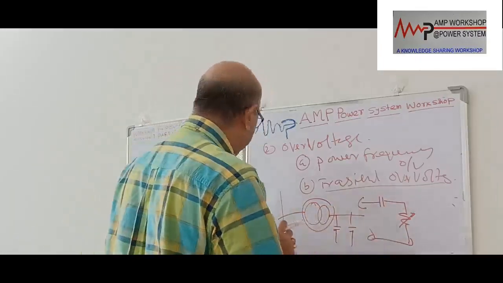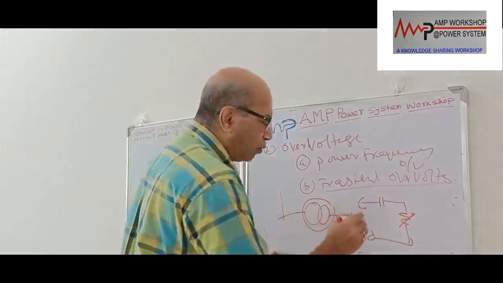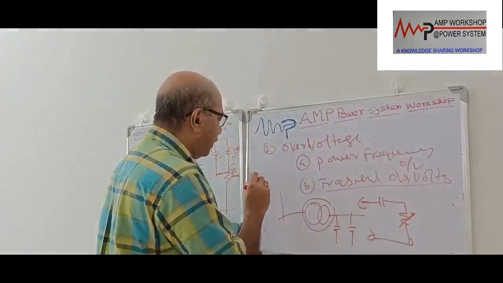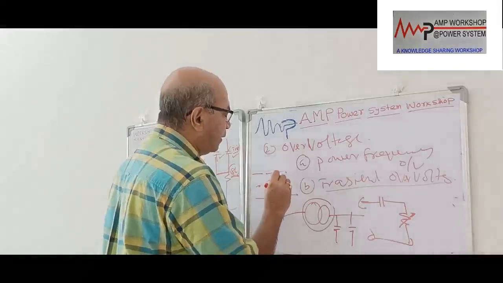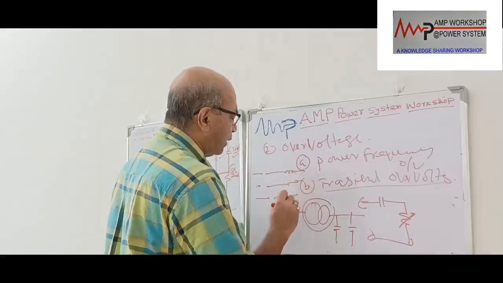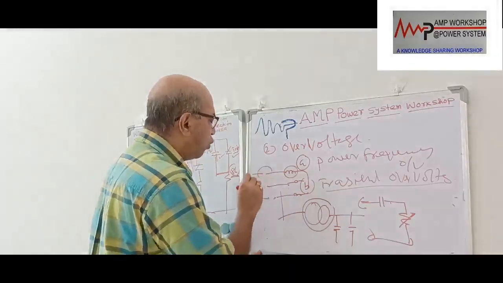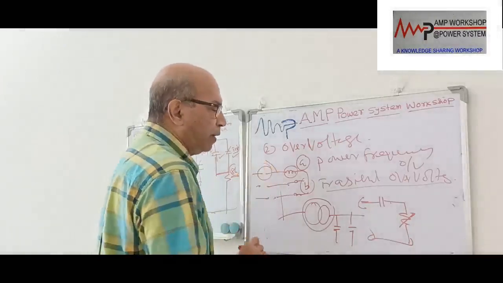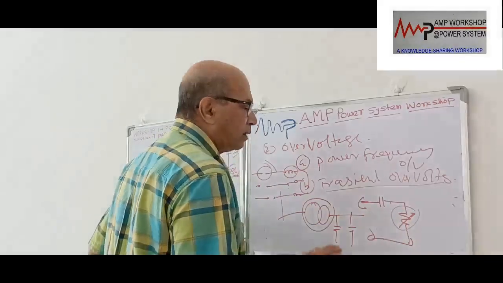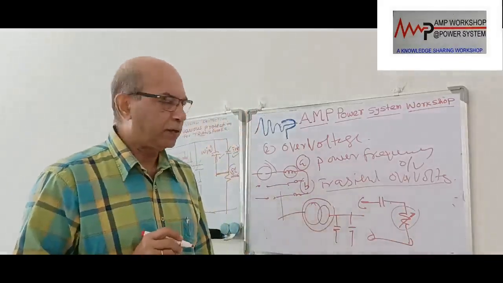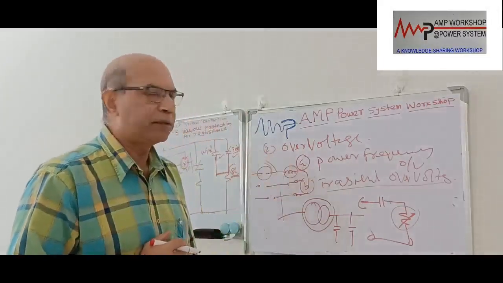There are three windings in the transformer, and these three windings have capacitance as well as inductance. Suppose this is one phase, this is another phase, and this is the third phase. Each has a winding. Suppose it is connected in star. So this winding has the inductor and the capacitor. Suppose out of the three phases, one phase suddenly gets open, or this conductor gets open. If in that case the inductance changes immediately, then at that instant there will be a phenomenon called ferroresonance, which can cause over voltage in the transformer. That is also a possibility of over voltage.